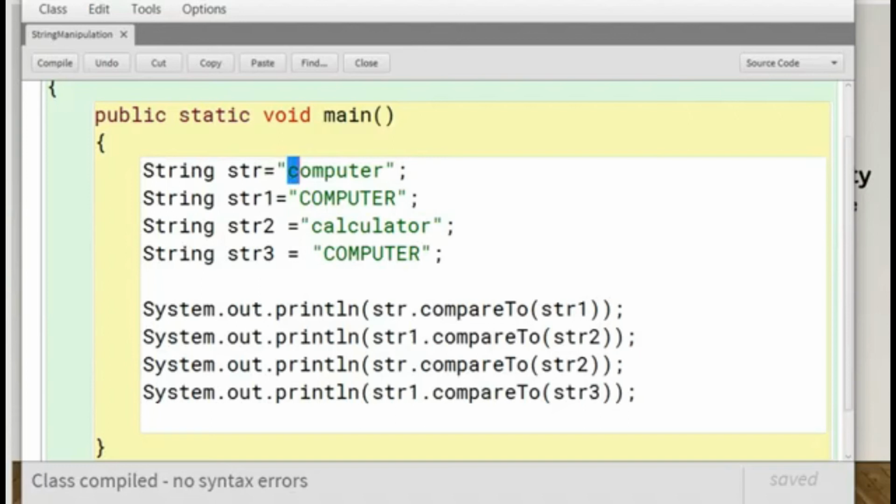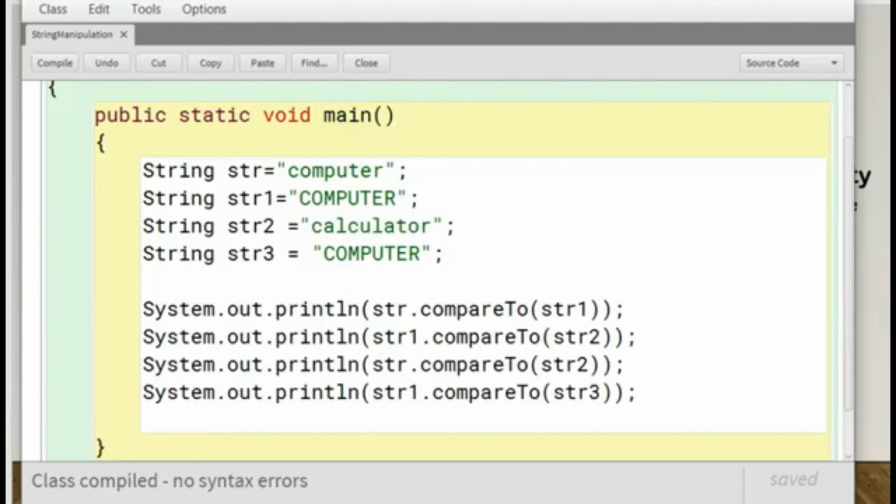In the case of the second function, where we are comparing str1 with str2, that also results in a positive or negative value. Let's see what the result will be.